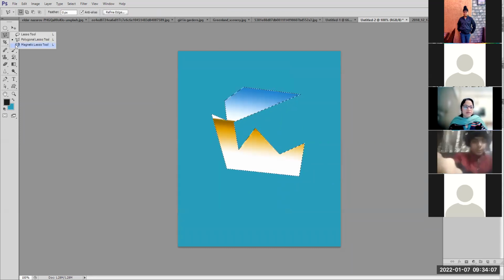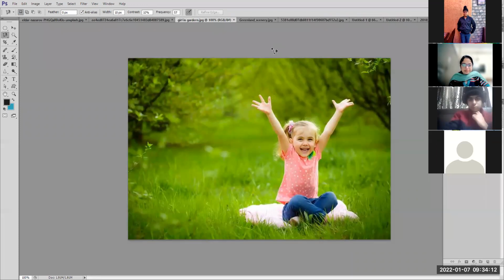But what we will mostly use is the magnetic lasso tool or quick selection tool. Now, what will the magnetic lasso tool do? This is the last tool that we are doing today. The magnetic lasso tool will automatically stick your selection to the borders of the object. आपके object के borders के साथ automatically stick कर जाता है selection. कैसे?